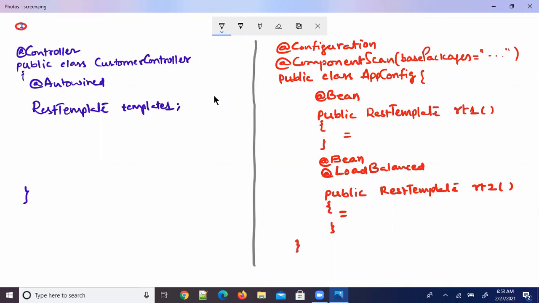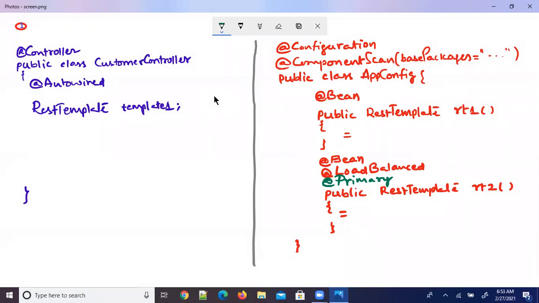So that's the reason. What I would like to do here, to give more priority for this RestTemplate object of type load balanced, I use the annotation called @Primary.